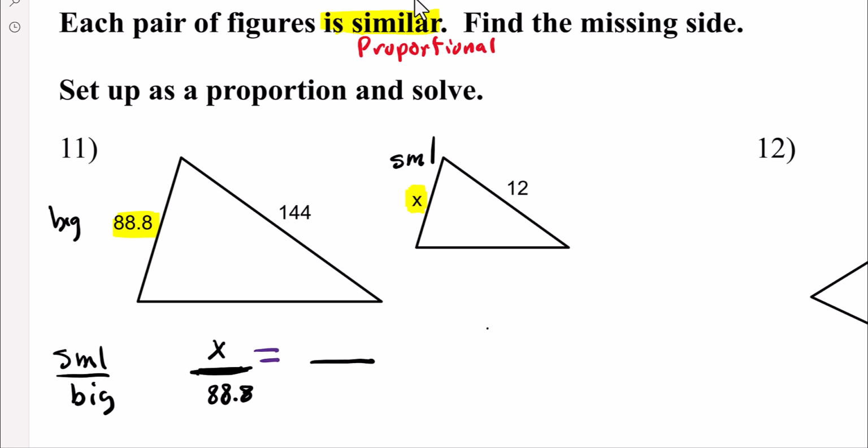So over here, the small side will go in the numerator. The big side will go in the denominator. So this is the small shape. And then 144 is the big side. Now,